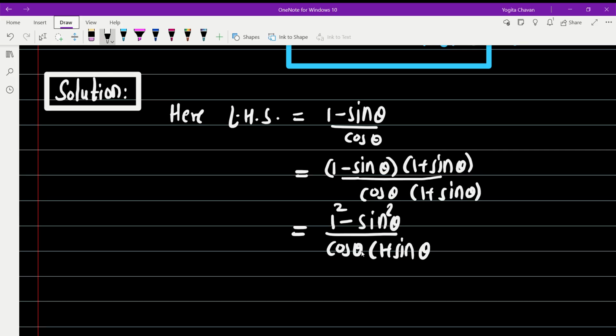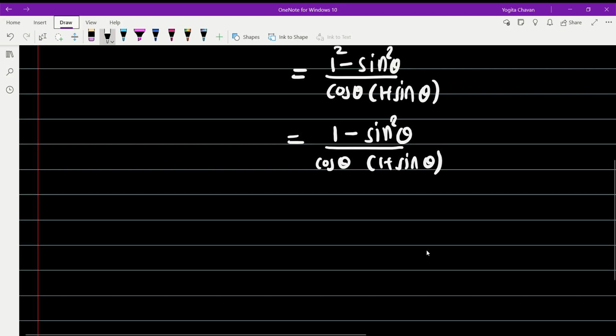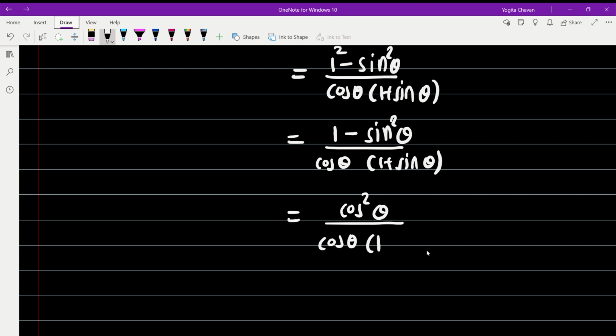which is equal to (1 − sin² θ) divided by cos θ (1 + sin θ). Now 1 − sin² θ is cos² θ. So this is cos² θ divided by cos θ (1 + sin θ). Now cancel one cos θ. So this is cos θ divided by 1 + sin θ